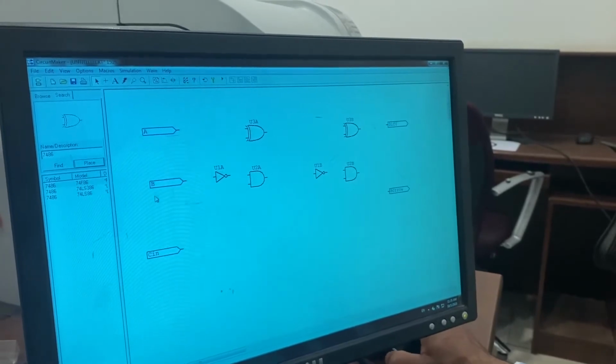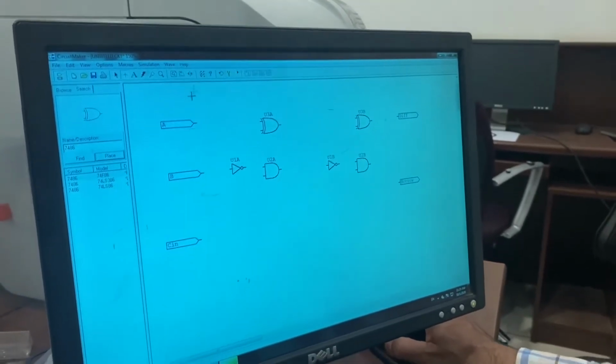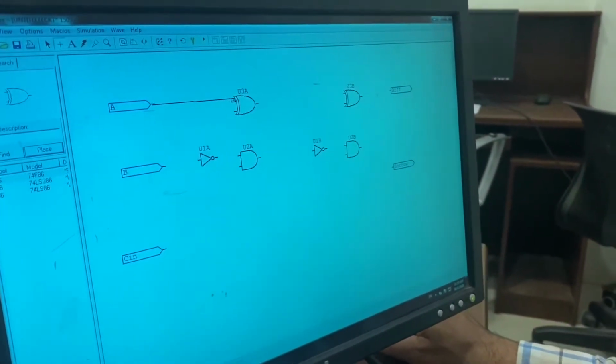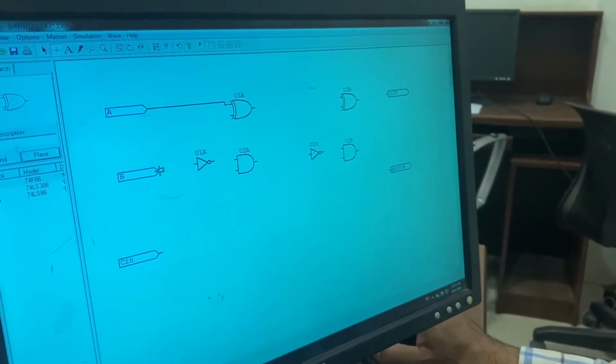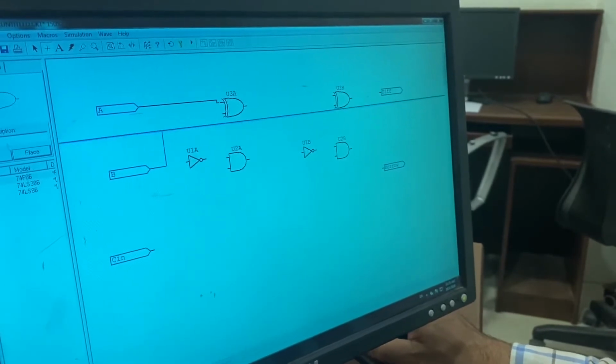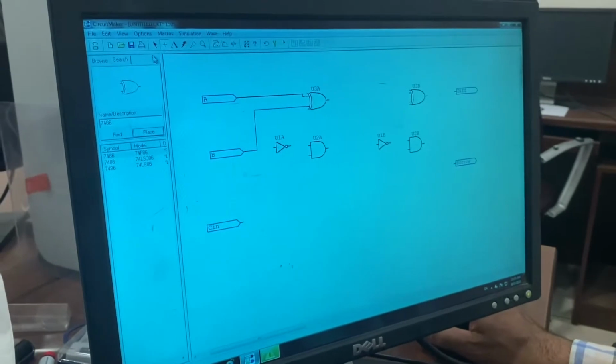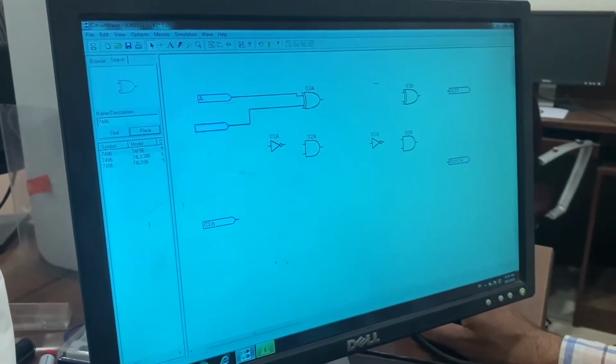Now how do we connect all these things from here? Wire tool. This is called a wire tool. From here to here. Okay, and from this one, from here to here. Now I will take this one in order.